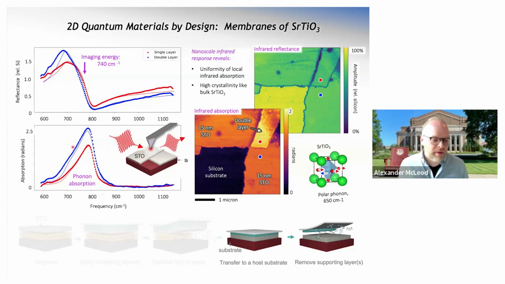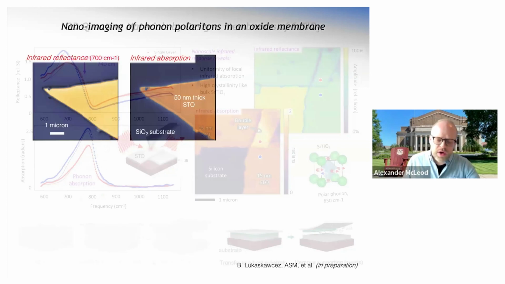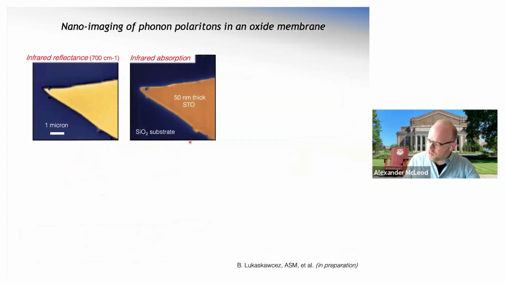And so the fits to these experimental curves are using bulk optical constants of strontium titanate. And that sort of tells us we have here something that is really genuinely like bulk, like a three-dimensional material, but in a two-dimensional package. And that's really exciting. So my student Braden is taking these studies into the next level, I guess I should say,